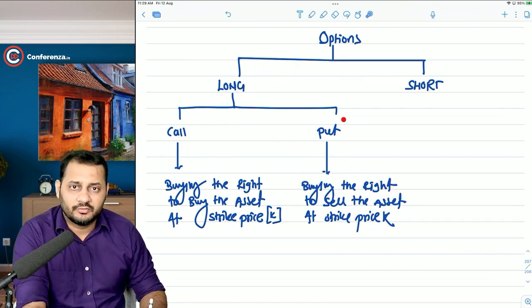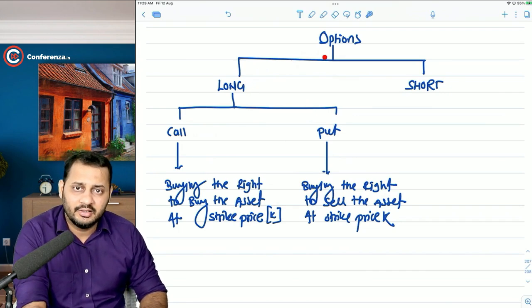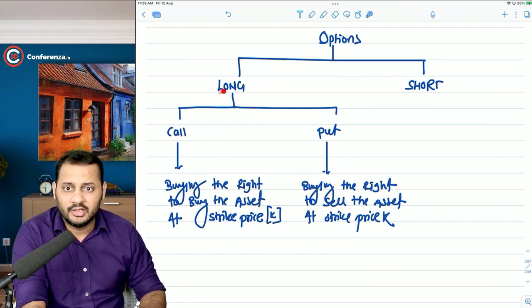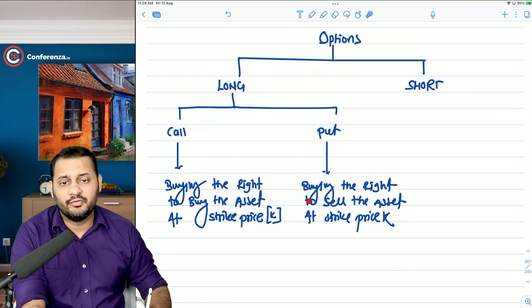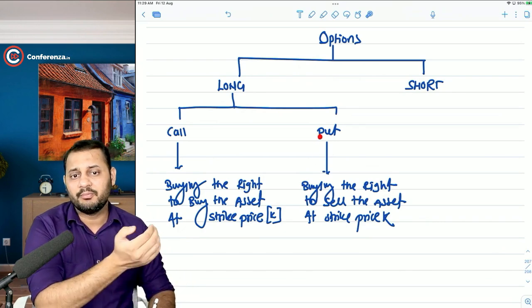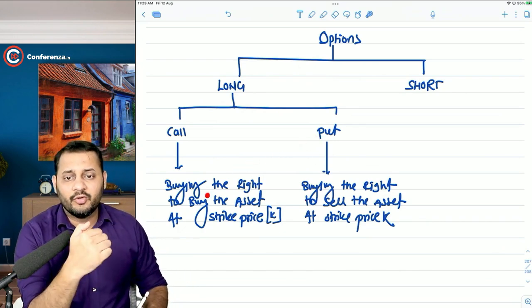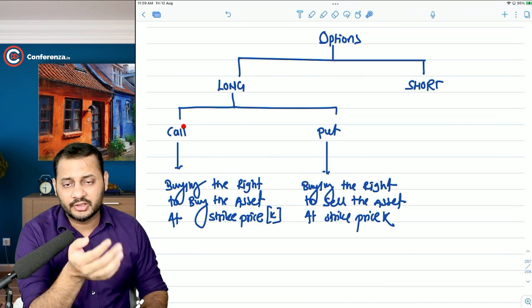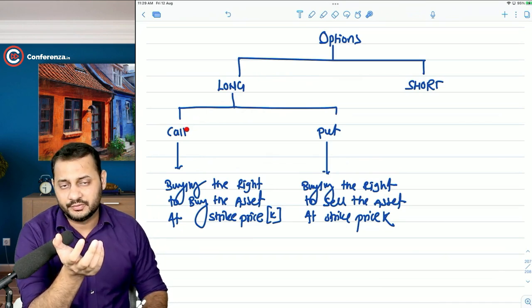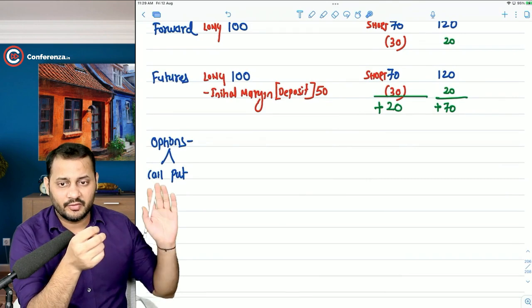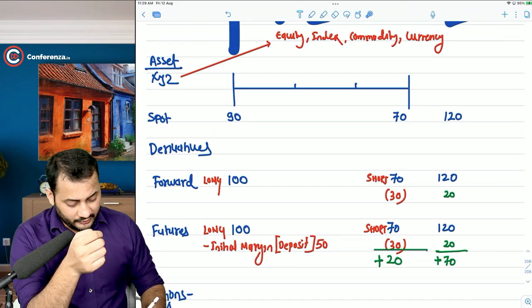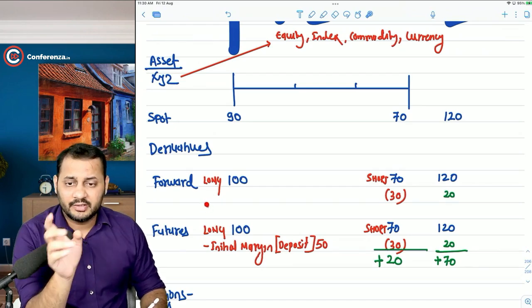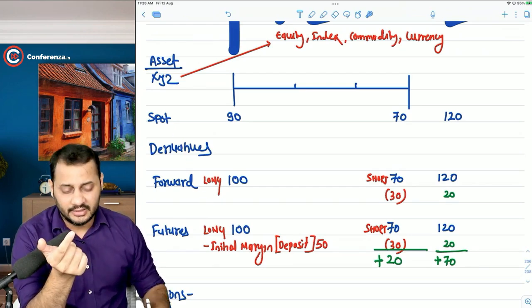But there are two types of option: to buy the asset, to sell the asset. So buying the right to buy the asset, buying the right to sell the asset. If you want to sell the asset in the future, you can buy a put option. If you want to buy the asset in the future, you can buy a call option, obviously. So in this case, you have to decide whether you want to buy the asset or sell the asset first. From the first two parts, it is very apparent that we wanted to buy the asset, and that's why we